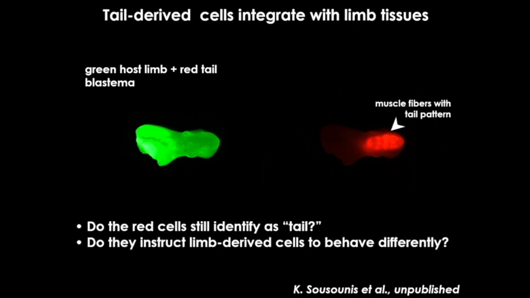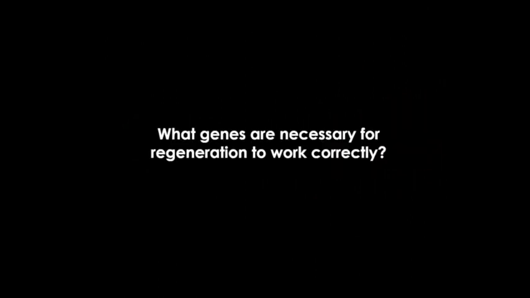So we're really curious about using this platform further to ask questions like, do these red cells still identify as tail or not? Do they instruct the limb-derived cells to behave differently, et cetera? OK, so these are some of the phenomenology questions that are still out there that we're starting to tackle. But what I really want to also leave you with is that these are very tangible questions that can now be answered. And the way that I want to transition to this is just to give you the flavor of